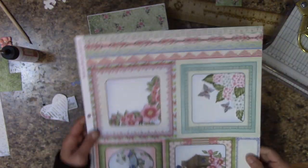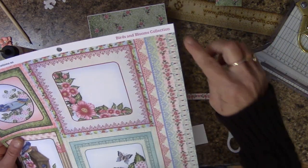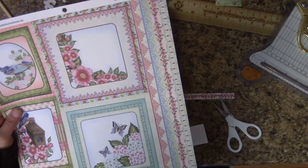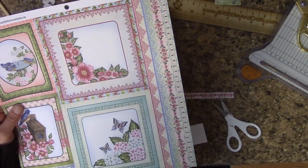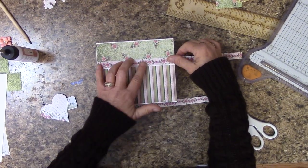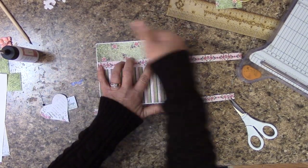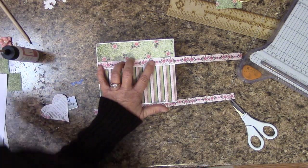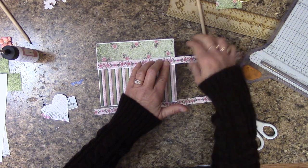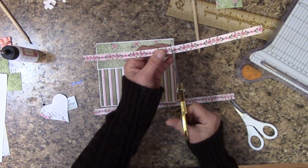So you will also have this one, the same thing with the borders. I'm going to trim off this part, and I'm going to trim off this border to get to this one. So let's do that. We'll get it all ready to go. Okay, I got both my strips. All I'm going to do is fit this to go from side to side. It's going to be even with the sides of the green portion. You can do the same measurements we did before, or just use a pencil to mark where you need to cut. And for me, I'm just going to use a pencil